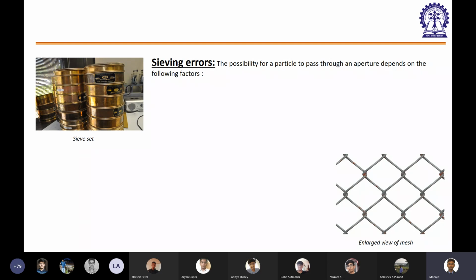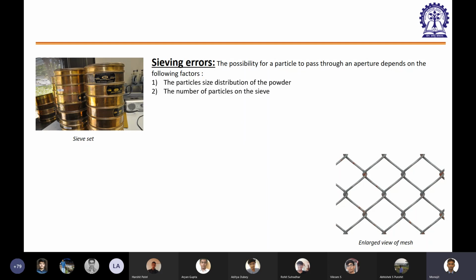Those kinds of particles are called near mesh particles. If you have near mesh particles, whose size is the same as the aperture size of the screen, they will get stuck in the screen, reduce the efficiency and cause error. Any other? See, when I point out those points, it will be very obvious to you. The particle size distribution of the powder, when the particles are very small, obviously will give error.